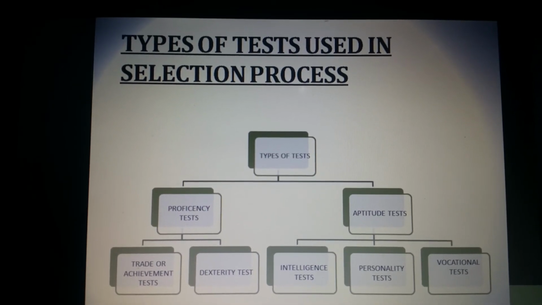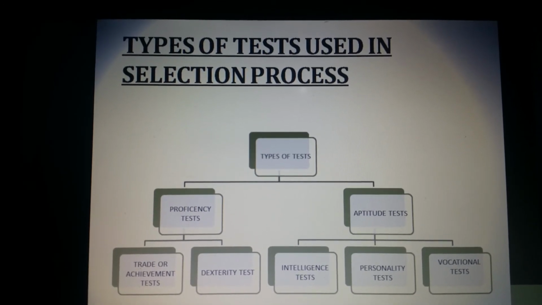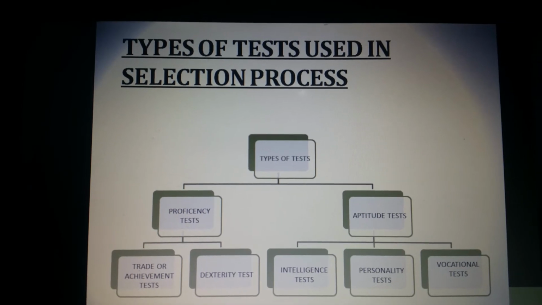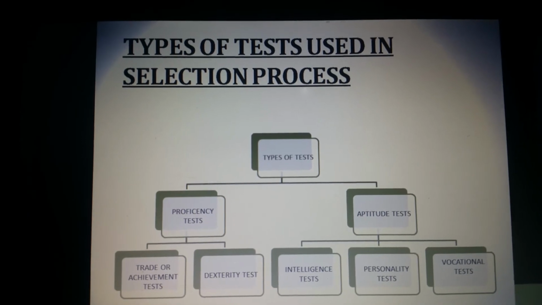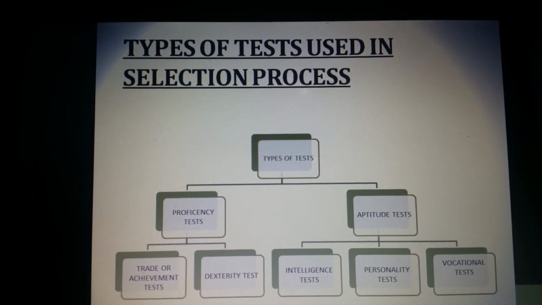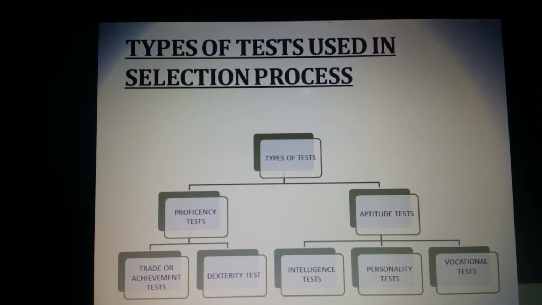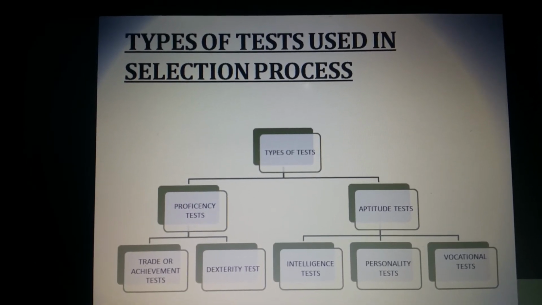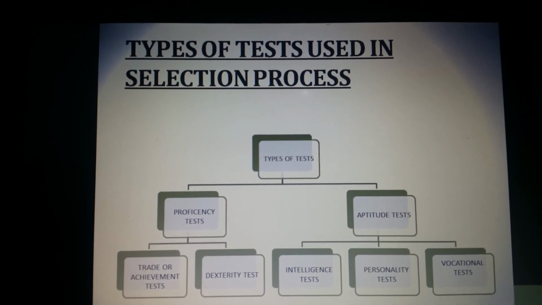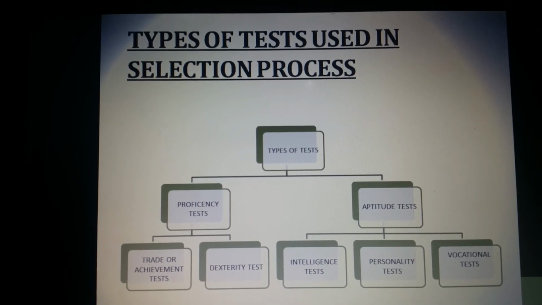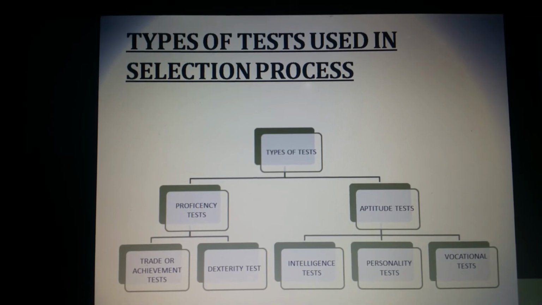On the other hand, a vocational test is also called an interest test. These tests are inventories of the likes and dislikes of the candidates in relation to work. Interest tests aim at measuring the interest of the candidate in relation to work, job occupations, and the various hobbies and recreational activities which are possessed by the candidate. The main purpose of this test is to find out whether a candidate is interested or disinterested in the job. The assumption of this test is that there is a high correlation between the interest of the candidate in a job and job success.